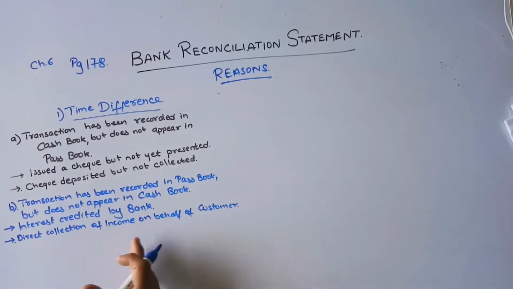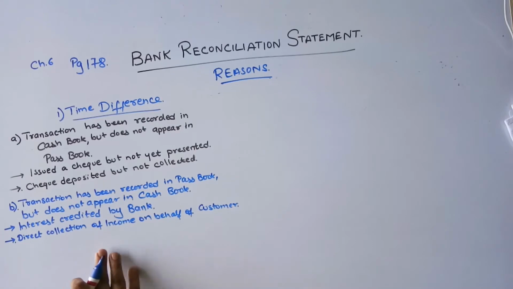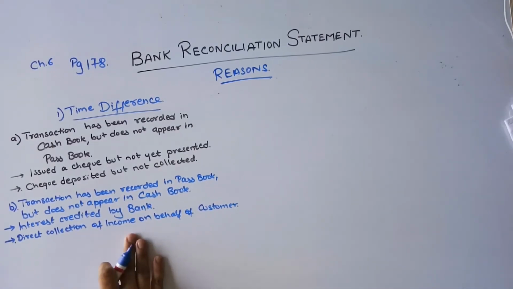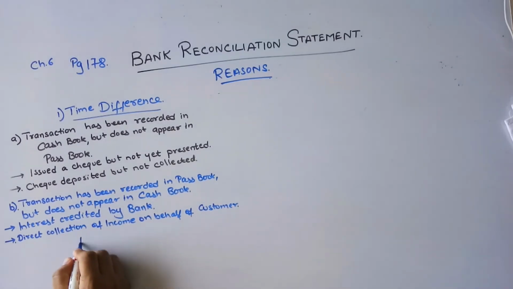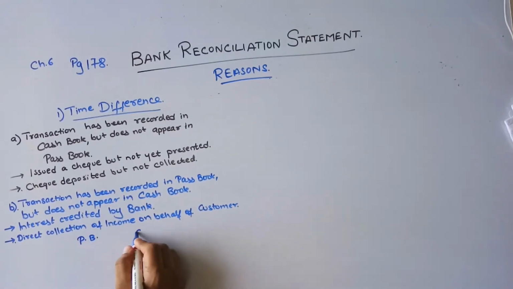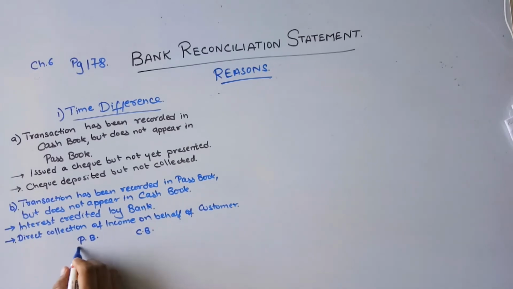The bank has directly received the income from my customer, and that has been deposited into my bank account. This is the case over here. Now what is happening, understand, this is my passbook, this is my cash book. The customer came, or else we had given instructions to our customer to directly deposit the money in my bank account. What the customer did was he made one cheque, and with my account number and everything he deposited the money into my account.